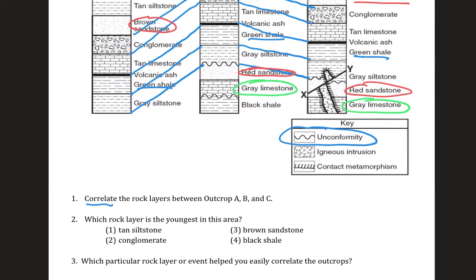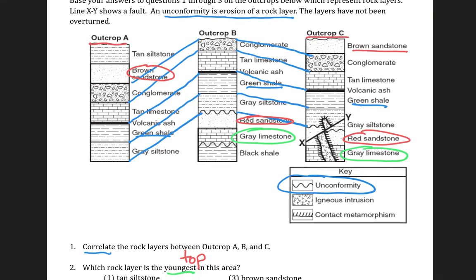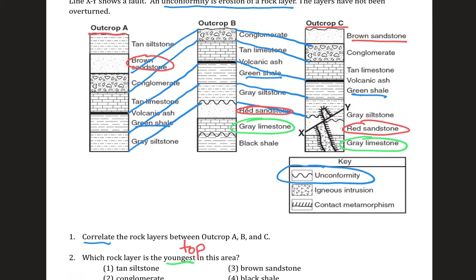Question number 2 says, which rock layer is the youngest in this area? So when we're looking at the youngest, we should be looking at the top, right? Because remember, the oldest is on the bottom, the youngest would be on the top. So if I look at all of these outcrops, I'm going to have to figure out which one is the youngest. And of course, there are 3 possibilities if you're looking at all 3 outcrops, but because we have correlated all of these,